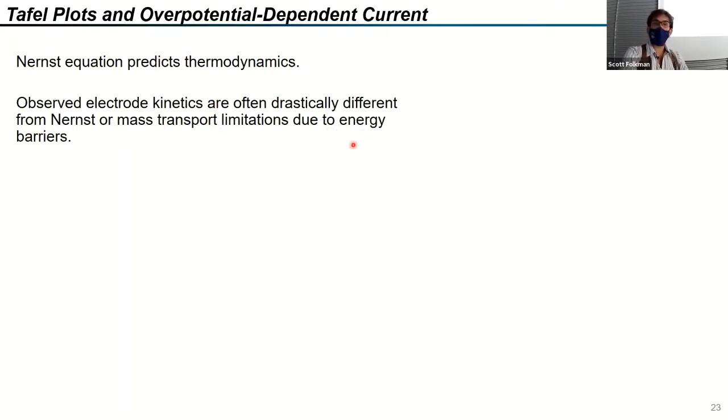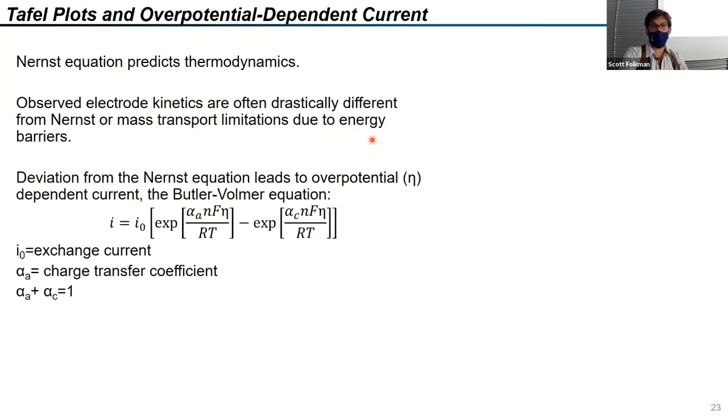And so the electrode kinetics that we observe are often drastically different than what we might predict from mass transport limitation, because there's some energy barrier. So we have to get over an activation energy in order to drive the electrochemical reaction. And so if we try to describe mathematically a relationship, we can use the Butler-Volmer equation, which basically states that the current we observe is equal to the exchange current